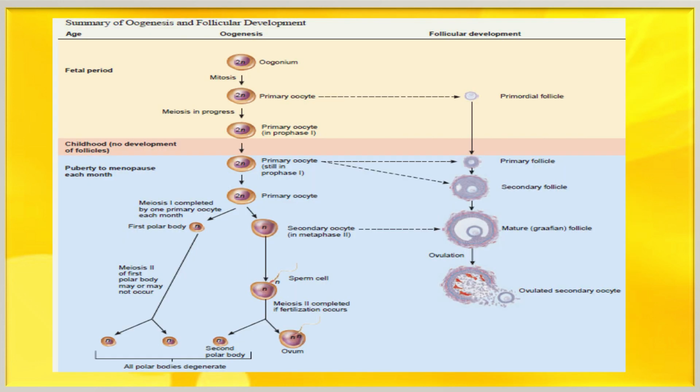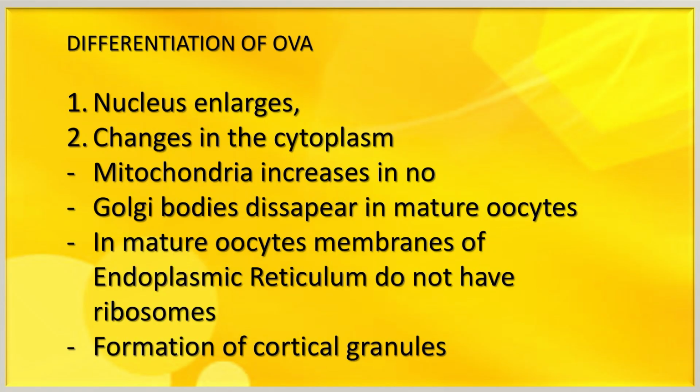Now the entire oogenesis process has been shown in this particular slide, which correlates the follicular changes. With the oogenesis process, we can compare folliculogenesis in this slide. And again, like the sperm, the differentiation of ova will have various changes. The nucleus will enlarge, and cytoplasmic changes will happen in which mitochondria will increase in number, Golgi bodies will disappear in the mature oocytes, and the membranes of the endoplasmic reticulum will not have the ribosomes, and also there will be formation